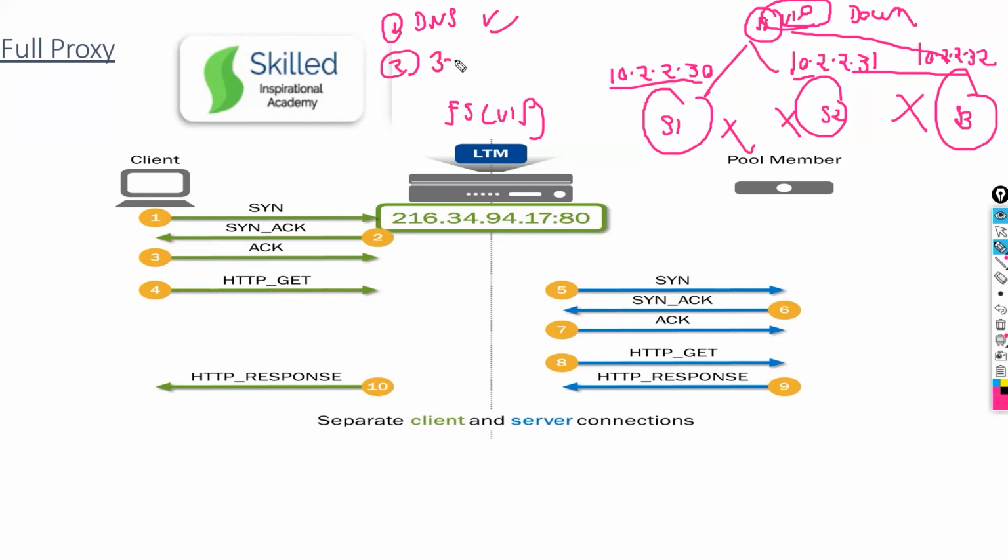Now your DNS resolution is done and the three-way handshake is successful. What is the next step if it's an HTTPS-based application? Anyone? SSL. Excellent. SSL handshake. Correct. Why is the SSL handshake needed? For the encryption, it will create a secure tunnel. What will happen inside the packet? They will be exchanging the certificates and the keys, which would be required for the encryption and decryption of the data. Are you sure? Are you sure 100% on that? Yes. Anyone else?